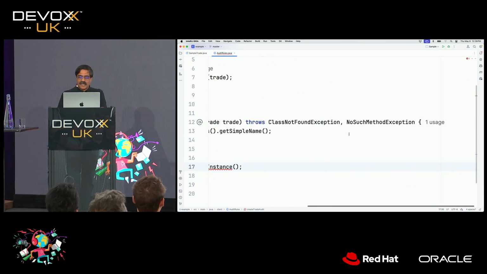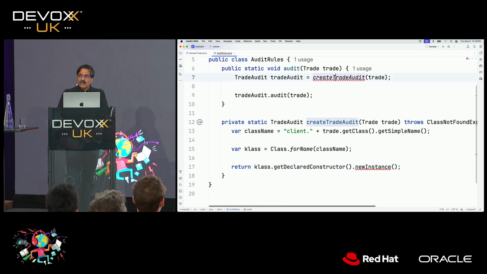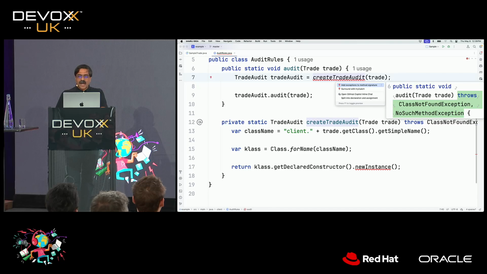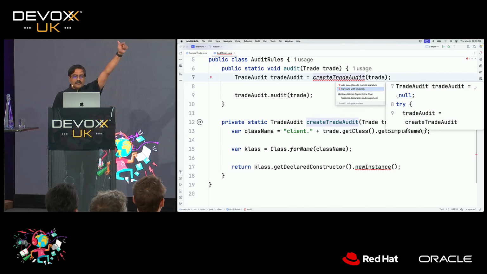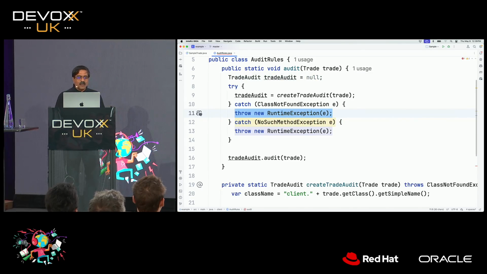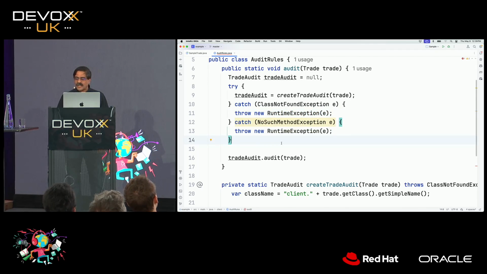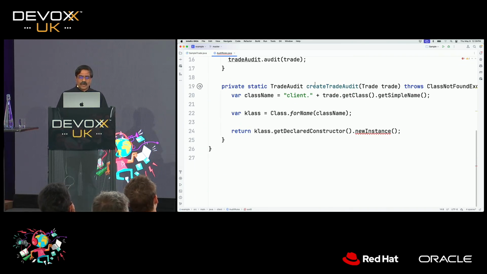And now you can see those exceptions have to be handled. Well, this code is no longer as simple as it was before, so now you have to surround that with a try catch or push that exception up there. And what are you going to do with that exception? And you have to worry about that as well. So you could do all of this code and work on that.